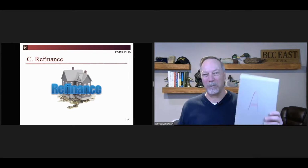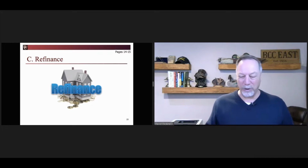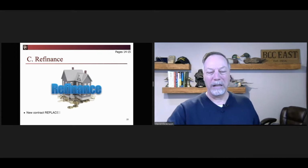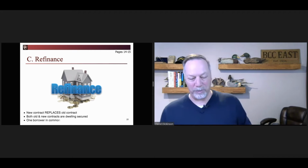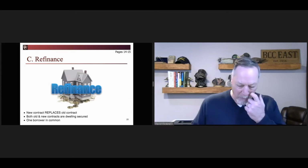So this was secured by dwelling, this is secured by dwelling. So we met two of the two tests. The third one is that there has to be a same borrower in common on both the old and the new. And what I mean by that is drop down to number 4, you'll see where we have cases where,